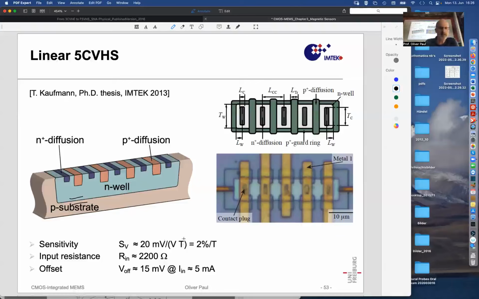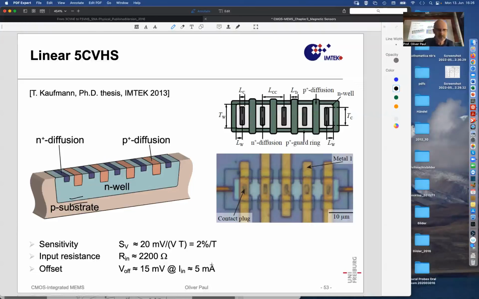So this is what this device was able to do in a particular design, a voltage related sensitivity of 2% per Tesla, which is not too impressive when we know that we could reach 6.8 or so % per Tesla. So the geometry is not optimal. Definitely not. The input resistance is 2,200 ohm. And then, at this kind of high input current, which would correspond, I think, to 11 volts, which is a lot, certainly not the voltage at which this device is operated in Micronas chips,